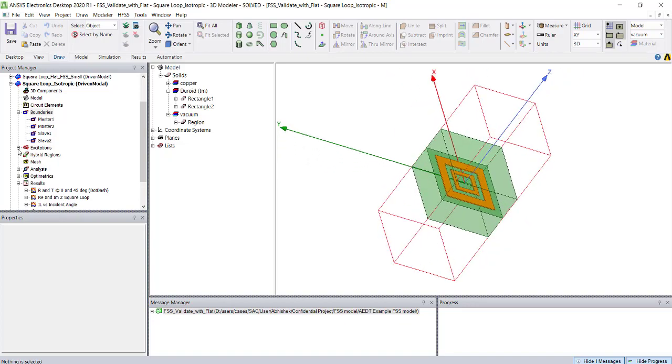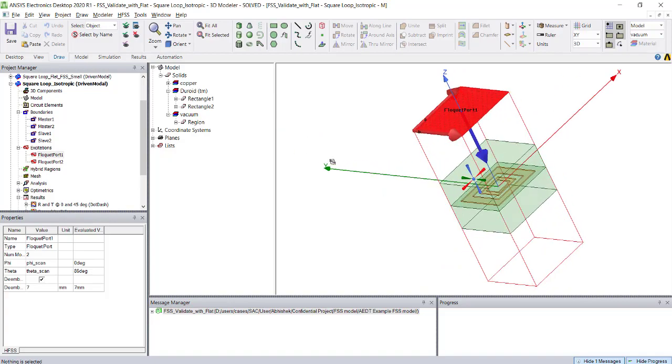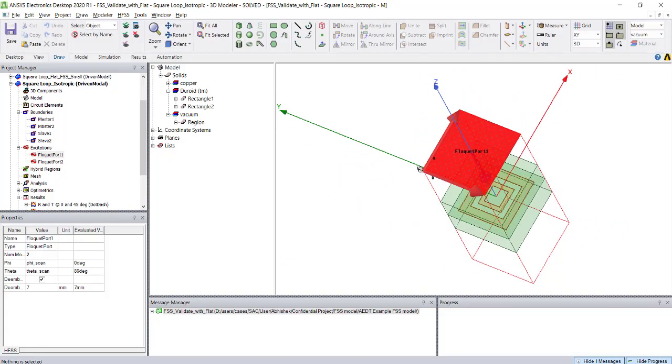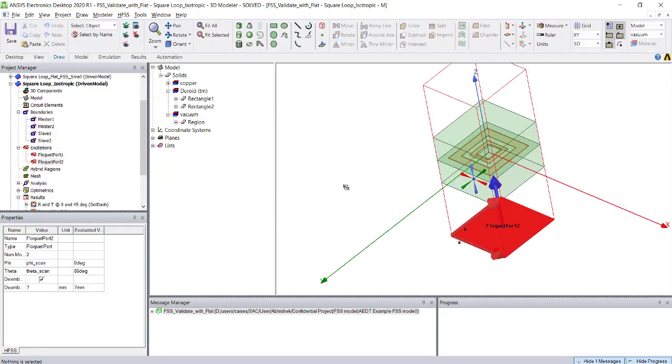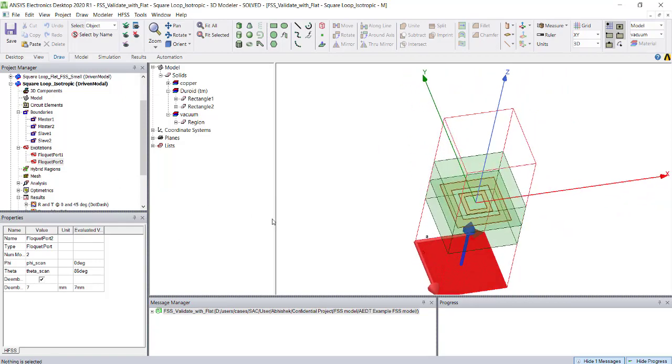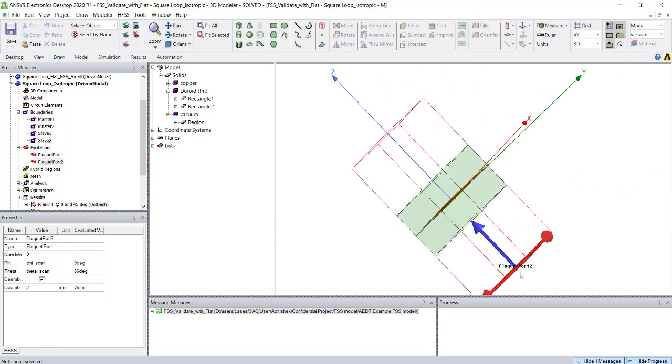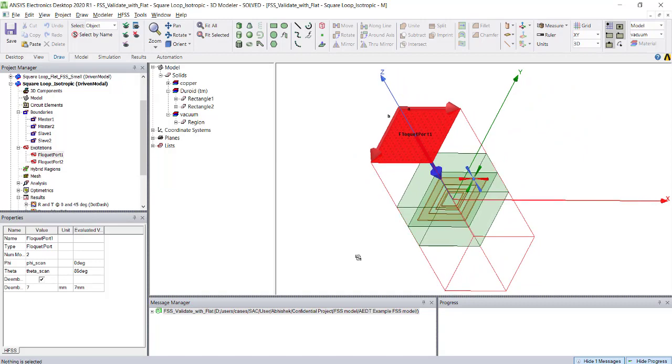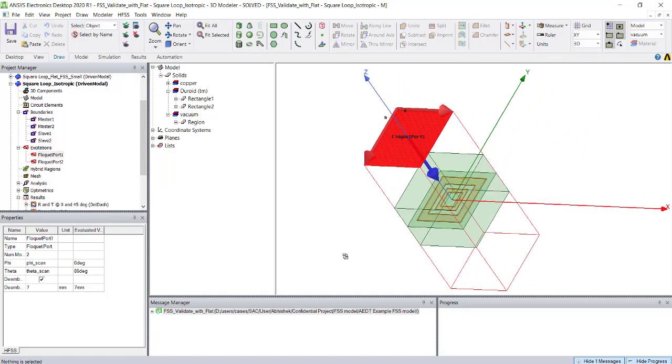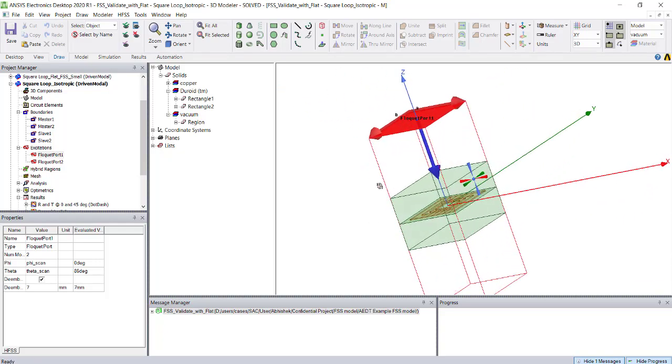And you can see on top and bottom the Floquet port. It's also de-embedded to the distance till this point. So from top and bottom Floquet ports are there. Floquet ports are nothing but ports in free space which will send the plane wave into the structure, and multiple modes you can also send. I'll come to that one.